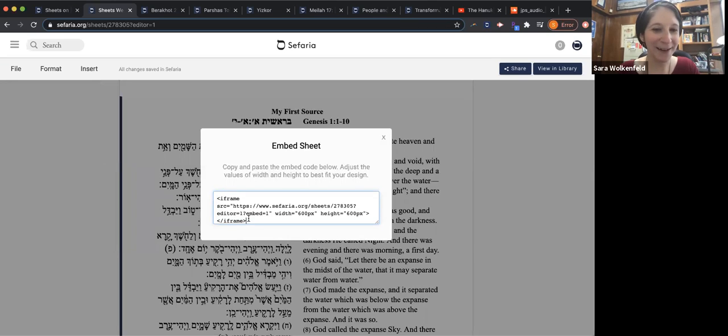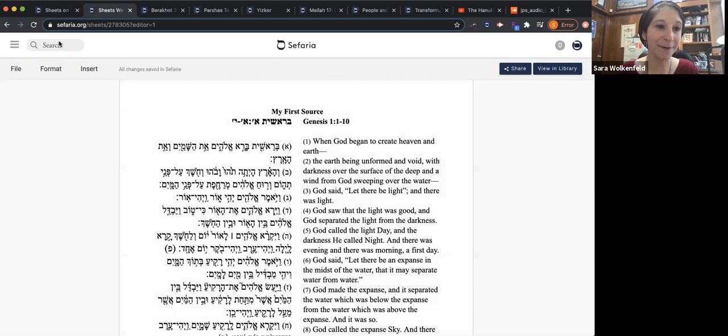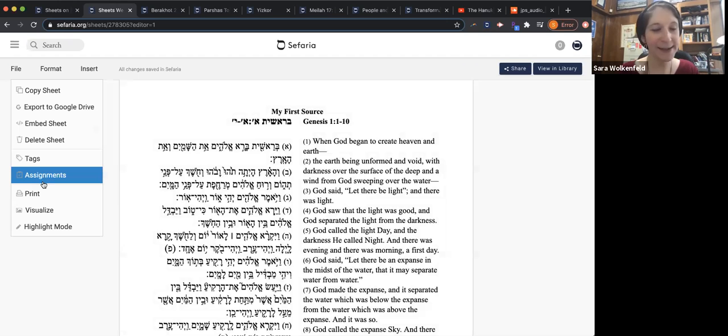I know this looks scary, or I think this looks scary because I'm not an engineer, but I promise you if you're using any kind of platform that lets you embed, all you have to do is copy and paste this inexplicable piece of code into your site, and it will let you embed the sheet so that you can actually scroll through the Sefaria sheet without leaving whatever website it is. And that's a really fun thing. Print is here, but again, not so really exciting because I encourage you to print from Google Drive if you care at all about what it looks like.